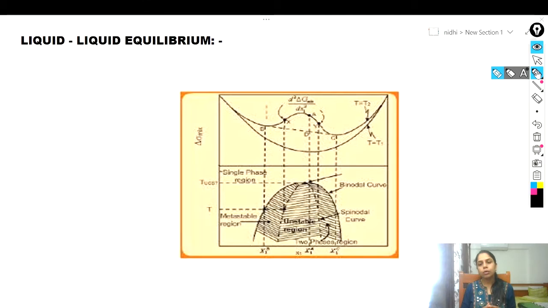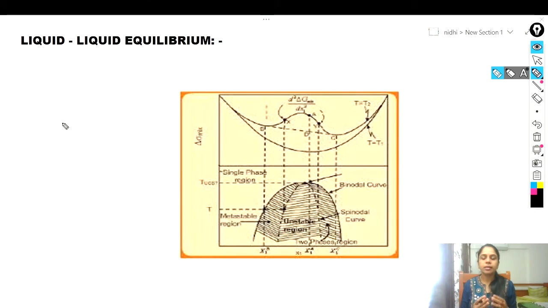So what we do is look at different temperatures and different compositions, and how the miscibility changes, or how a partially miscible system behaves on its phase diagram, how the Gibbs energy changes with composition, and how the temperature plays a role in forming a partially miscible solution or a completely miscible solution. Those things we are going to see now.